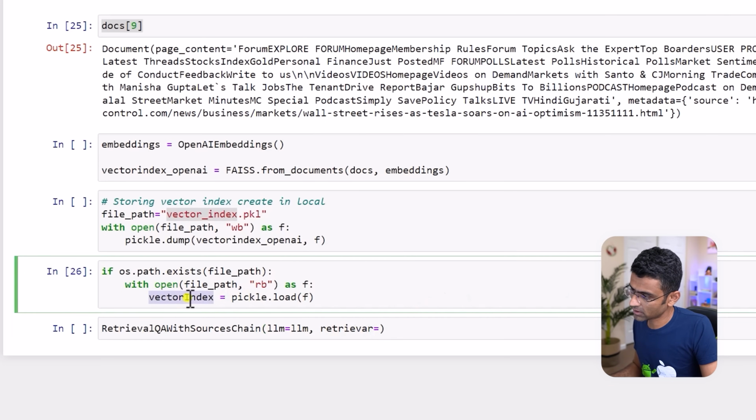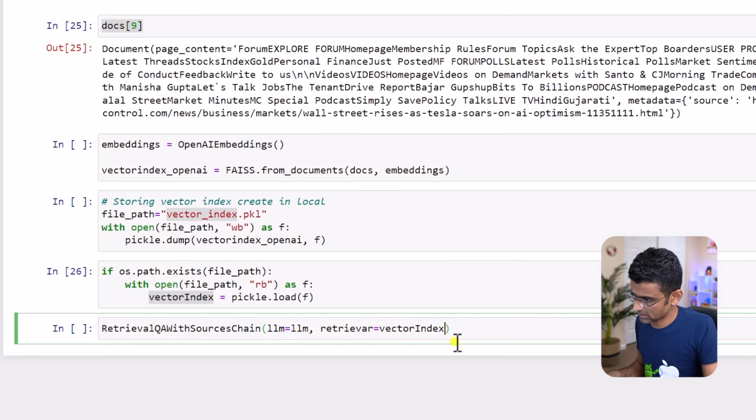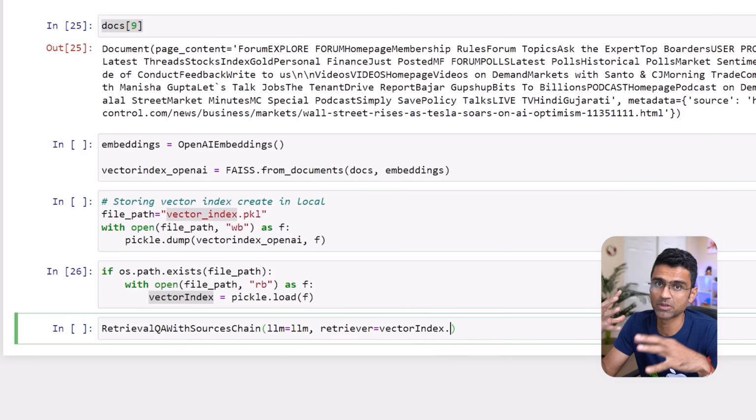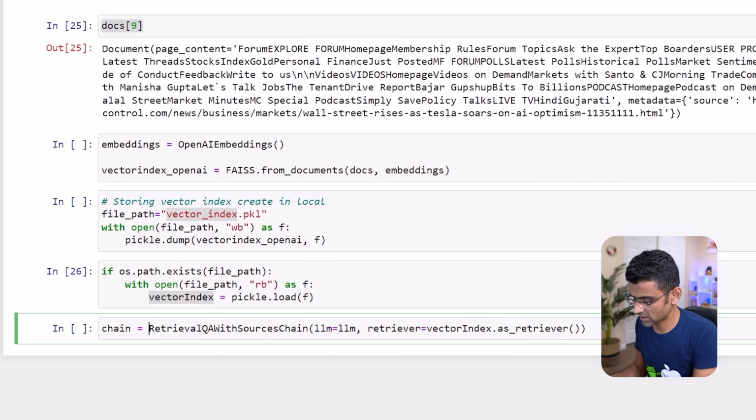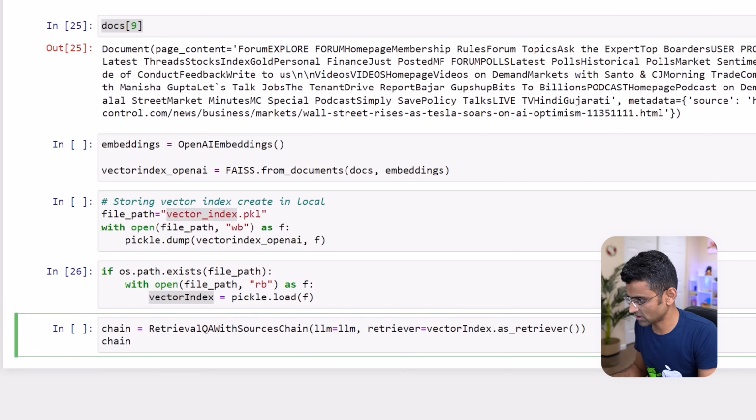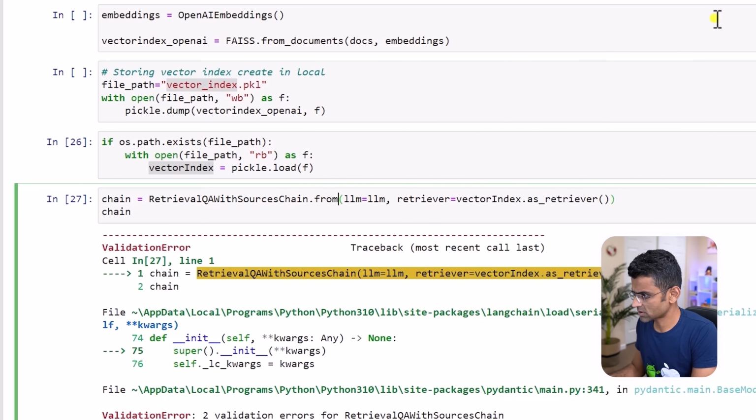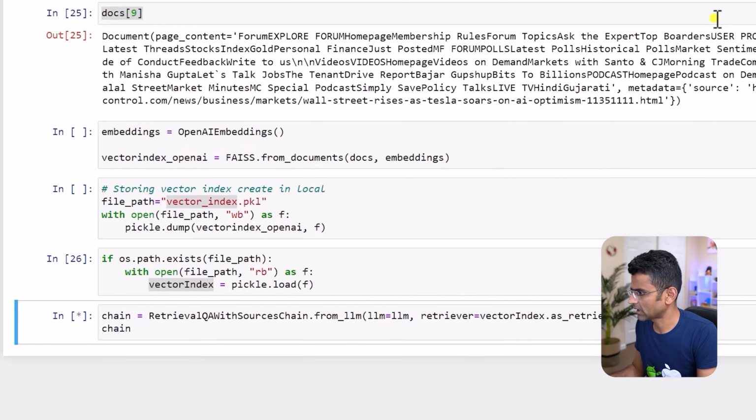Retriever is basically how you're planning to retrieve from that vector database. So the vector database you can give as an argument here, and you can just say as_retriever. Okay, this is just a syntax that we're using, and this thing we are going to call a chain. Here I need to say from_llm,